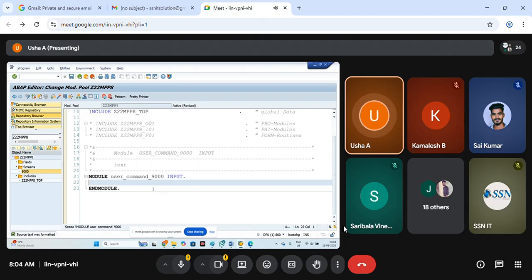Whether a checkbox is selected or not, how are you going to get to know in the program? If it is selected, it's going to store capital X in the backend. If it is not selected, then it will store space. So I want to check whether it is capital X or not. So what is the statement I can use? If it is checked, then write some code. Which statement am I going to use?